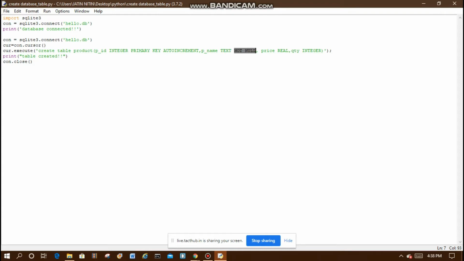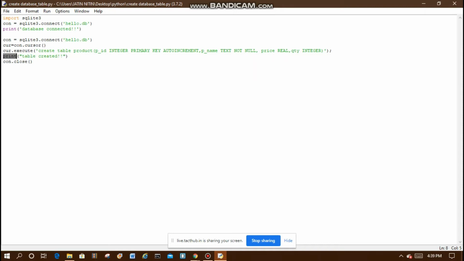It means it should contain some value. The third column is price, which is of real data type. Real data type means it should contain real numbers. For example, the price can be 35.5, so it can be integer as well as float. Then another column, quantity, is of integer type: 1, 2, 3, 4, etc.